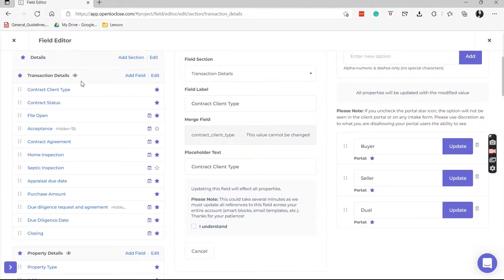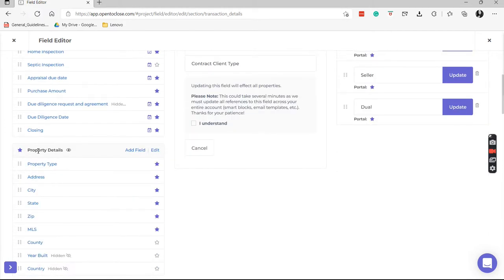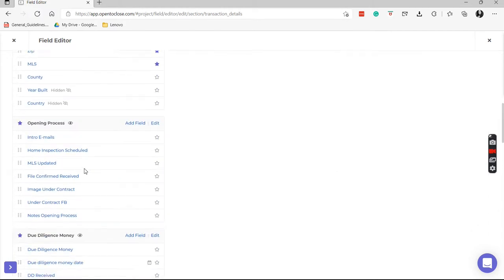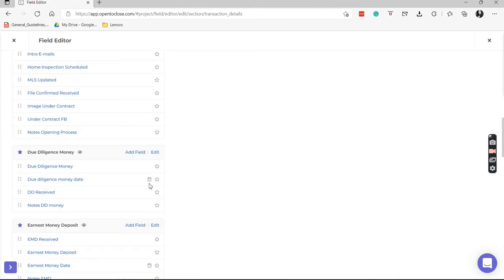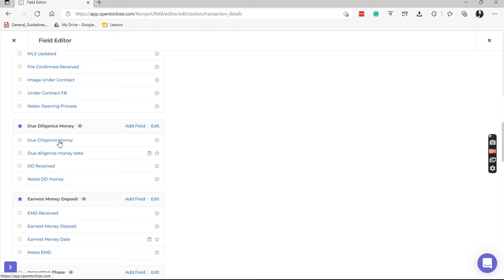So I have taken the time to implement all of these. So I have a transaction detail section, I have a property detail section, an opening process. Again, this is so I can get a quick glance: have my intro emails been sent, has my home inspection been scheduled, et cetera, et cetera. Some of these, like your due diligence money,